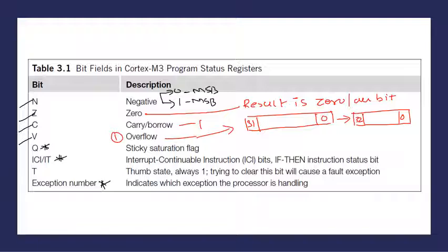Okay. Then the sticky flag as well as the interrupt condition we'll see later. Then thumb state means whenever the processor is operating on a 16-bit value; thumb mode, we know, is a 16-bit mode. In such a case, the T flag will be 1. Okay. Then the exception number, we shall see these three in the upcoming topics. Okay.